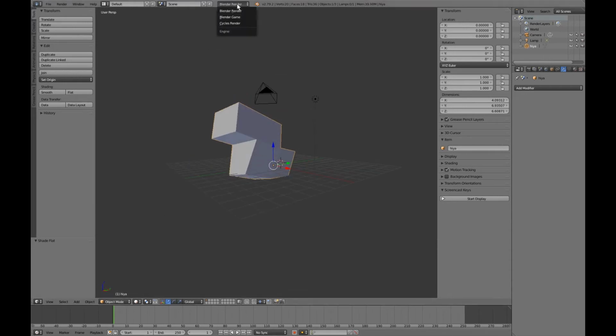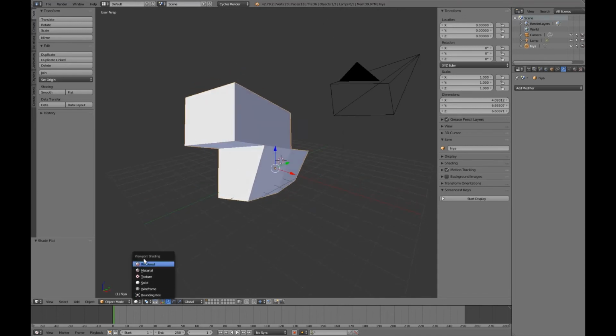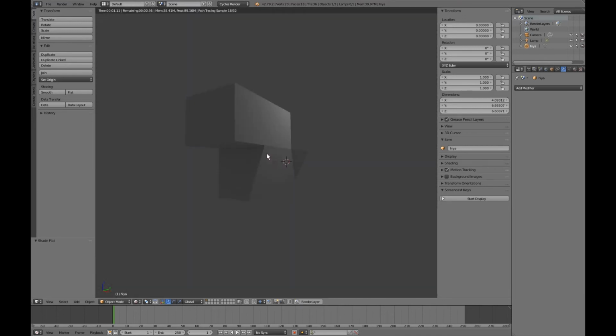Something else worth knowing is, by default, we're in something called Blender Render, which is the internal render engine of Blender, and it's a bit outdated, but fortunately Blender does come packaged with something called Cycles Render, and Cycles Render is much better, much more realistic rendering engine, which allows us to do cool stuff like that. So yeah, as you can see, it's a very different sort of effect, but it allows us far more advanced, far more realistic shading and rendering. So that's our viewport